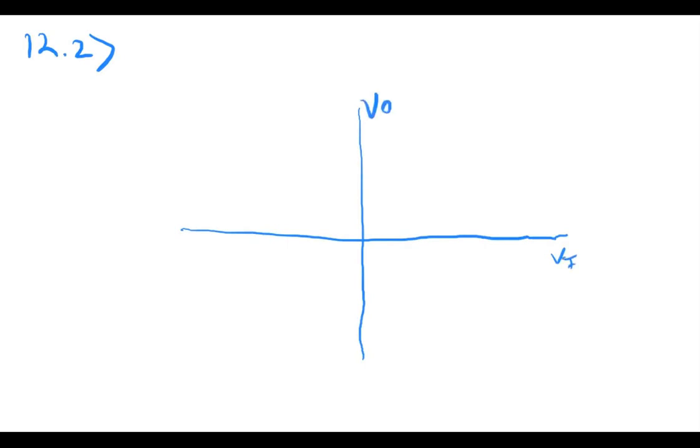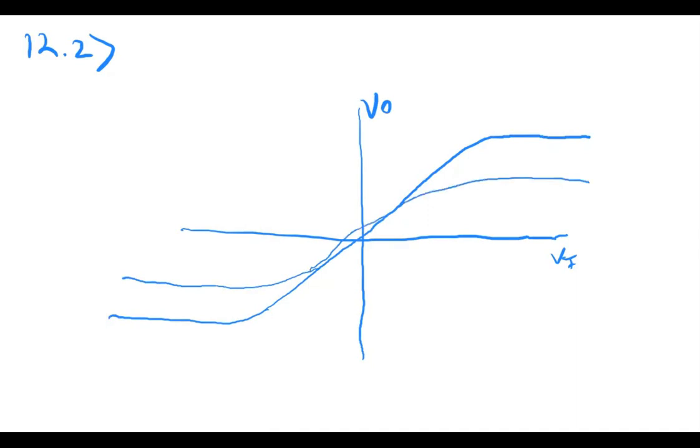And of course, at some point you're going to saturate on the power supplies, okay? Now, what happens is that you start getting this nonlinear characteristic, which you can see as the transfer curve not being straight,